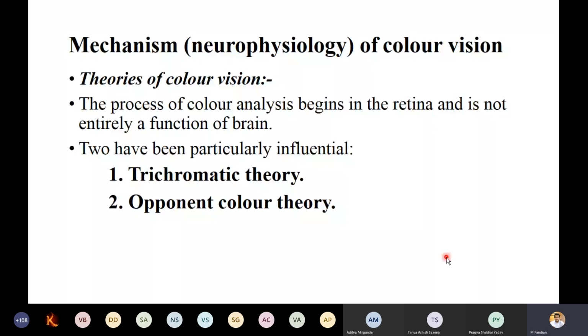Color vision begins in the retina, and it is not entirely a function of the brain. Remember it. Whatever is from the retina goes to the brain's visual center. It does not depend only on the visual center. Remember this. So the retina plays a major role, especially rods and cones. Now, two theories have been particularly influential.